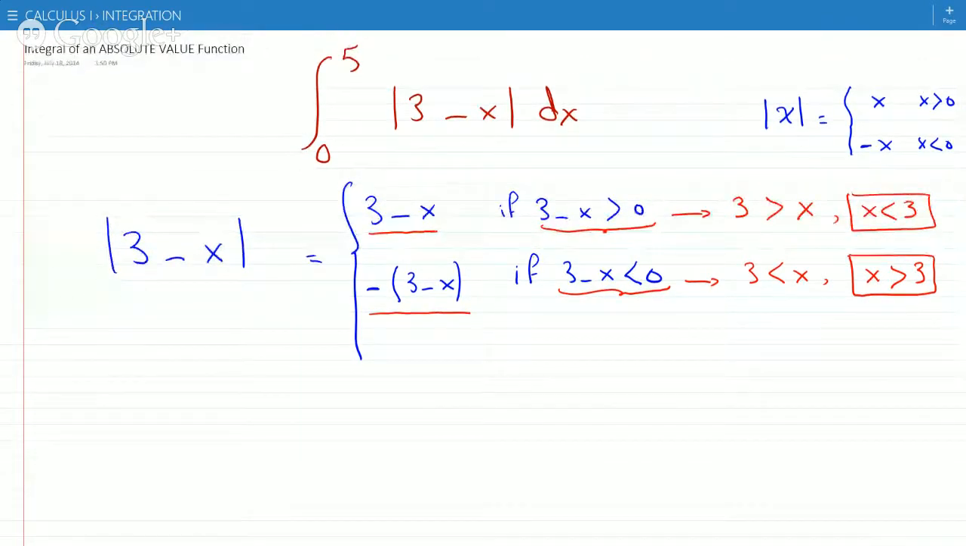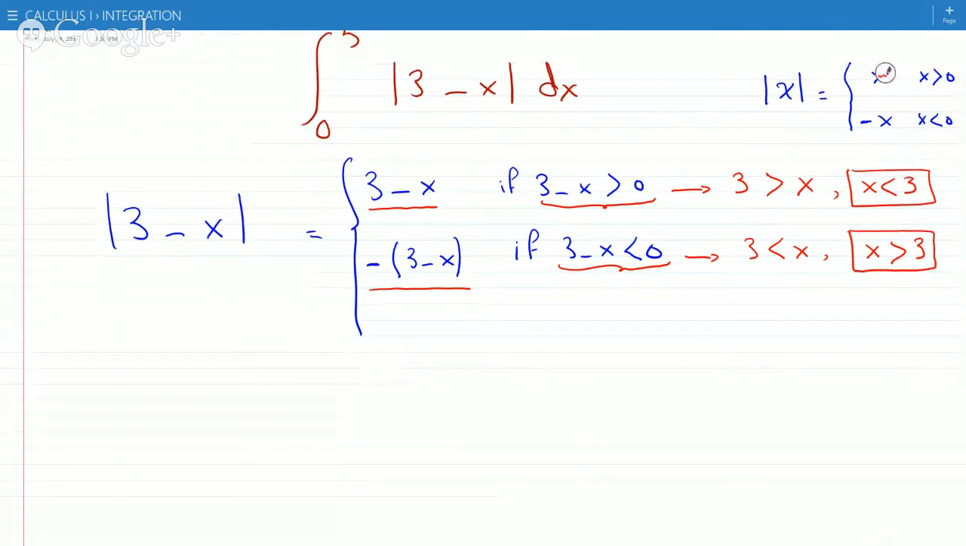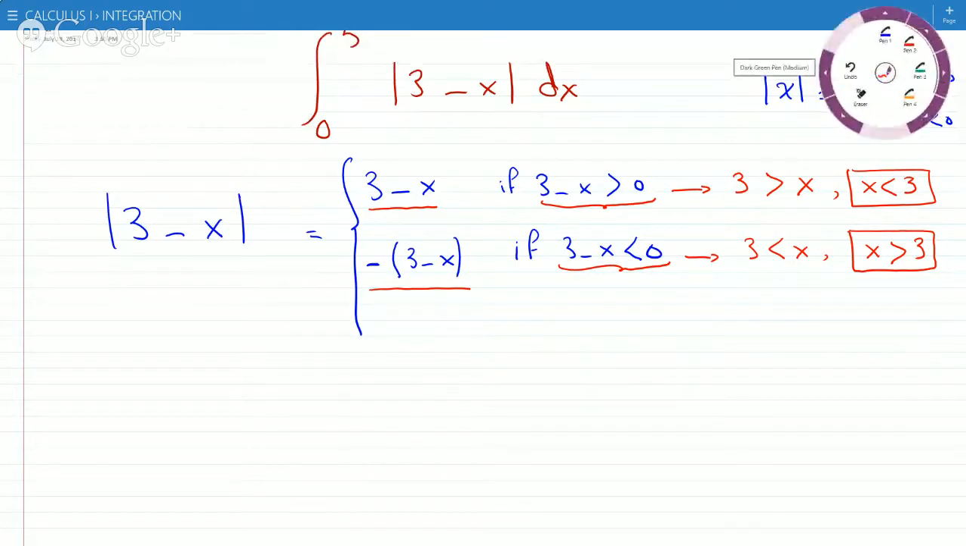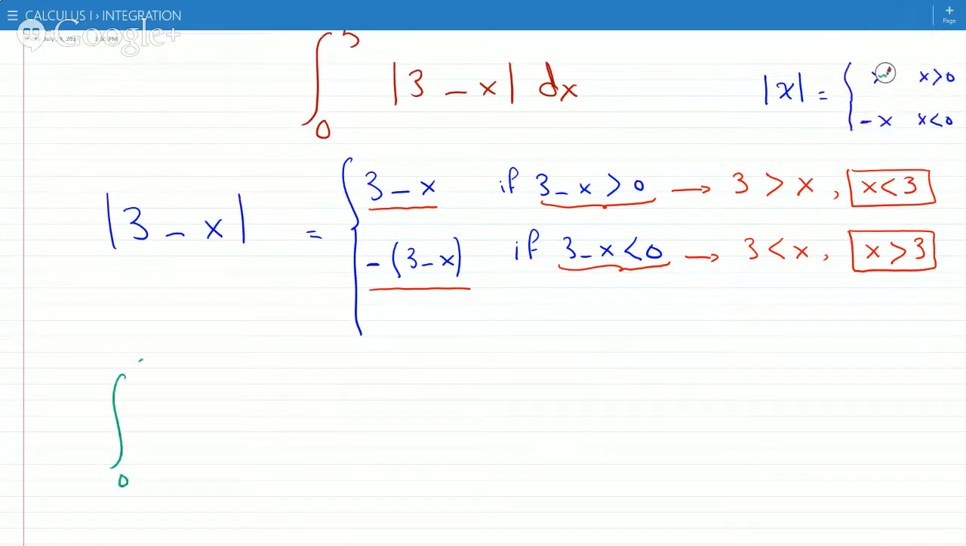And because 3 is included in the bounds of the integral, and it's a different function whether x is greater than 3 versus less than 3, we would have to split this integral into two separate integrals. So the integral from 0 to 5 becomes: if x is less than 3, so going from 0 to 3, the value of the function is 3 minus x. So we replace the absolute value of 3 minus x by 3 minus x